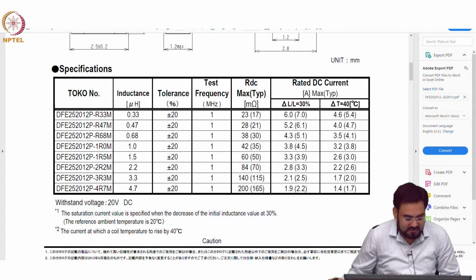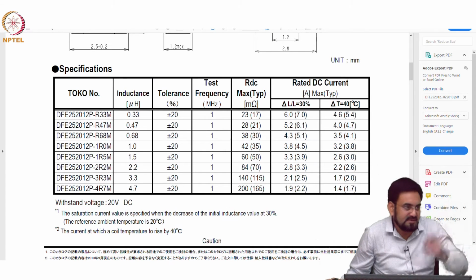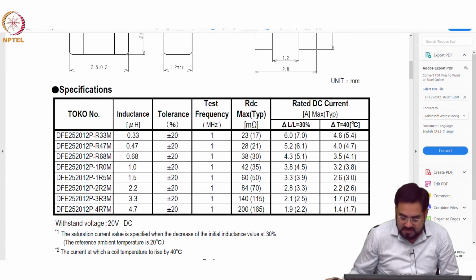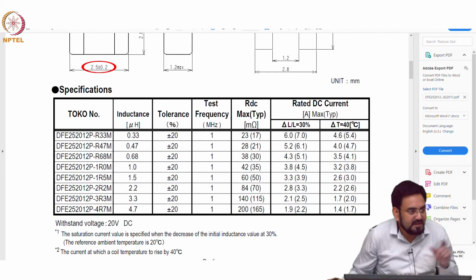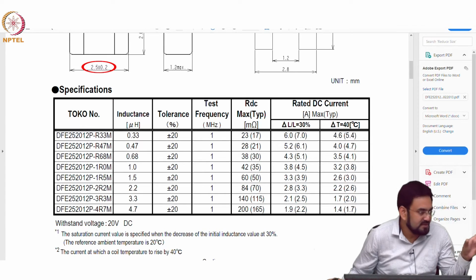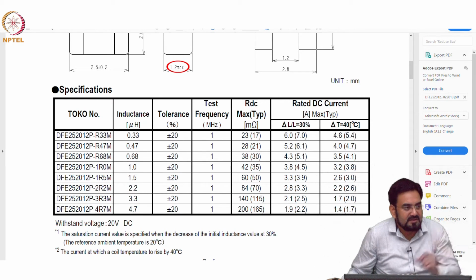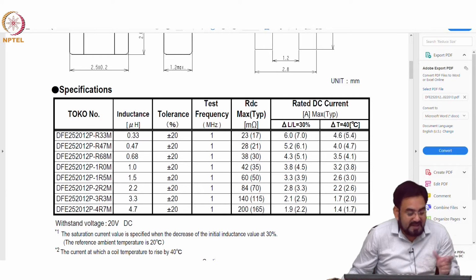So, you can see if you choose 4.7 microhenry, then we cannot. In that case, supporting 1 amp will be like you are at the edge roughly. So, you have to be a bit careful when you are choosing the inductor. And this is all when, say, 2520 means 2.5 millimeter is the length and width is 2 millimeter and 12 is 1.2 millimeter height. Okay. So, the package also depends.